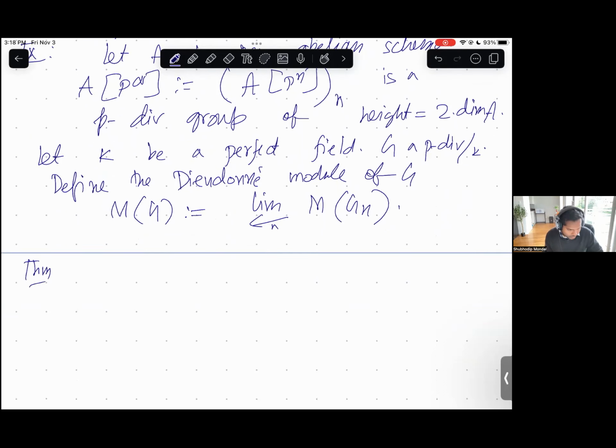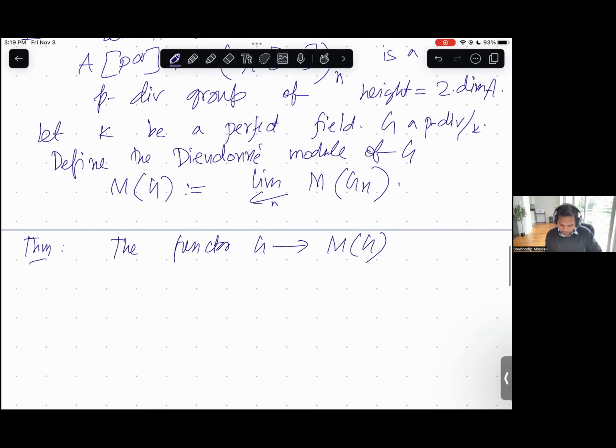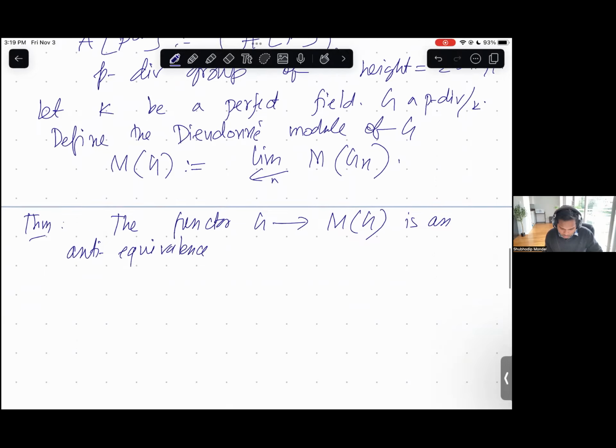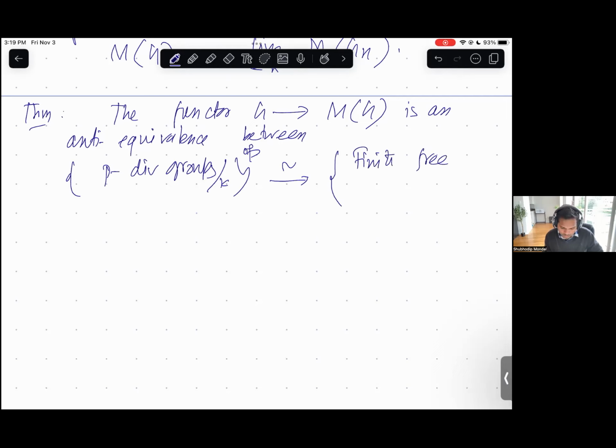So the main theorem here is that the functor G to M_G is an anti-equivalence between, on one side, p-divisible groups over K, and on the other side, the category of finite free K modules equipped with some Frobenius semilinear map F, such that